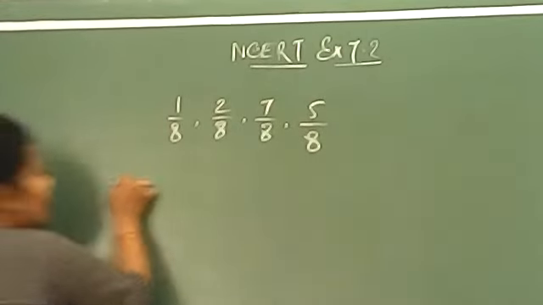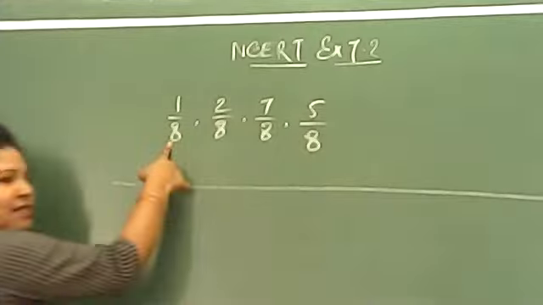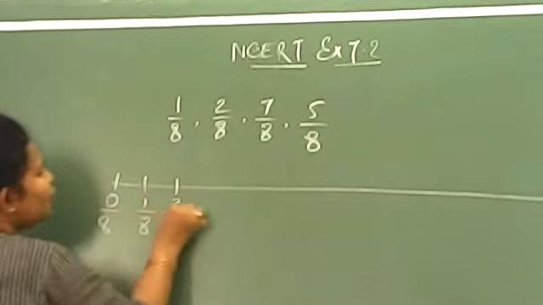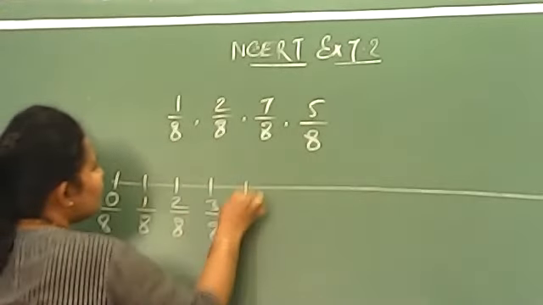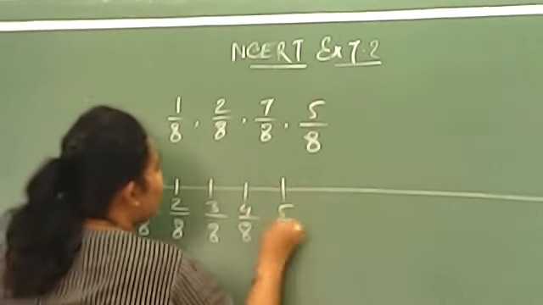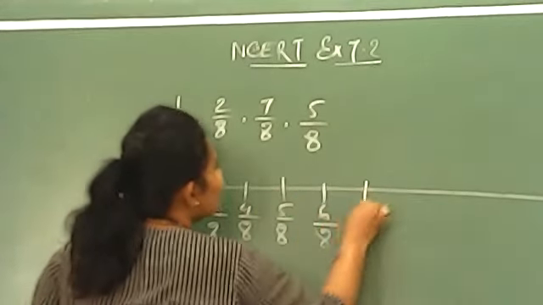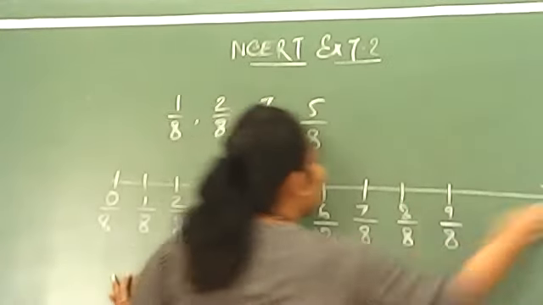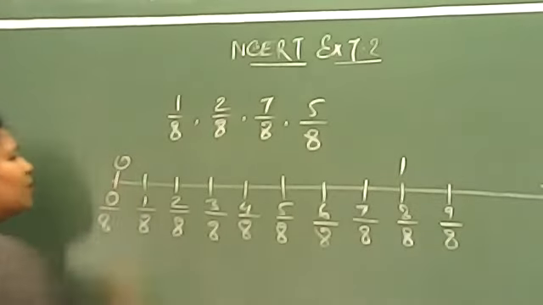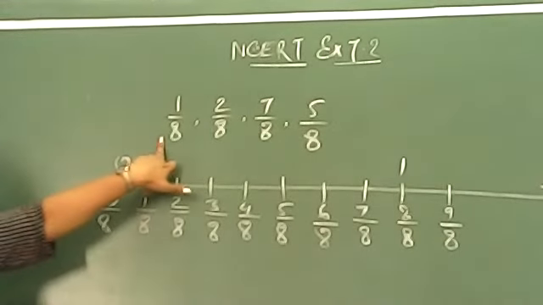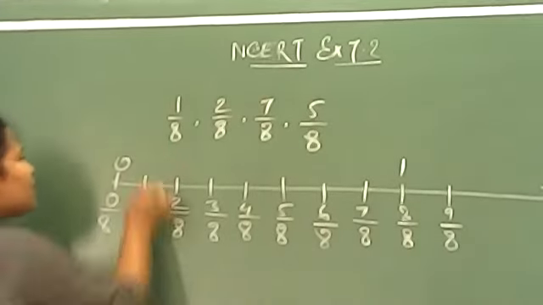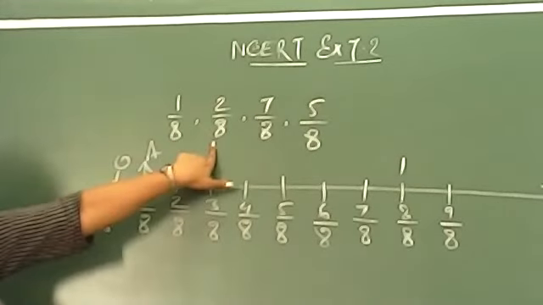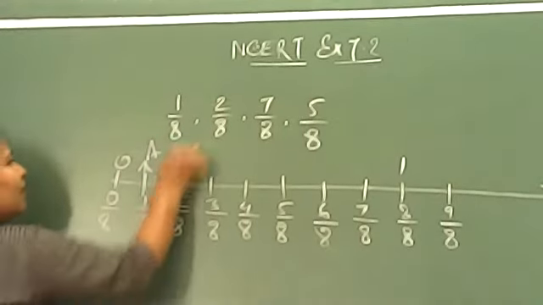Points means, for example, what will be the 0 base? 8. So it will be 0 by 8. First will be 1 by 8, 2 by 8, 3 by 8, 4 by 8, 5 by 8, 6 by 8, 7 by 8, 8 by 8, 9 by 8. I am not taking much more than 8. It's 1 whole, it's 0. Now see, what we wanted? 1 by 8, just a minute, Krishna. Give it A. What is next? 2 by 8. Give it B.